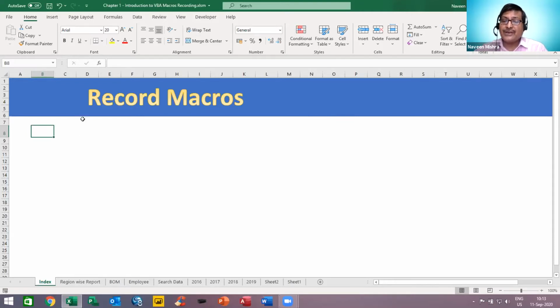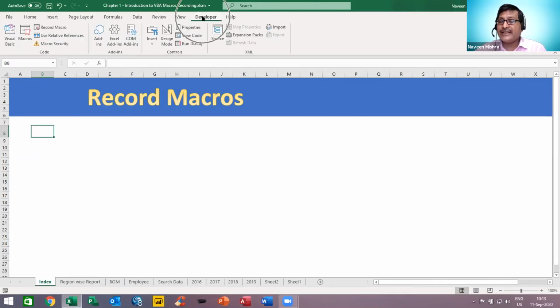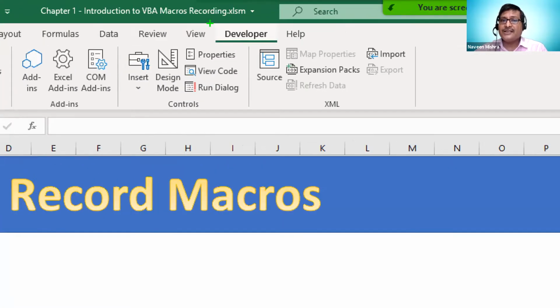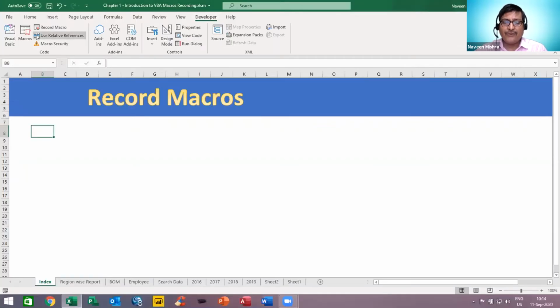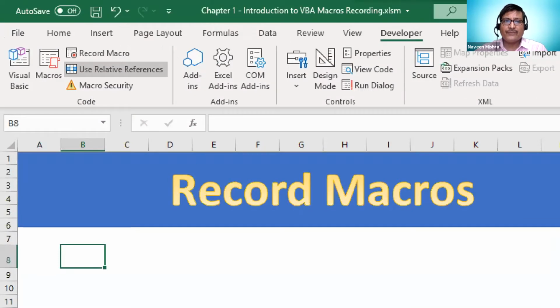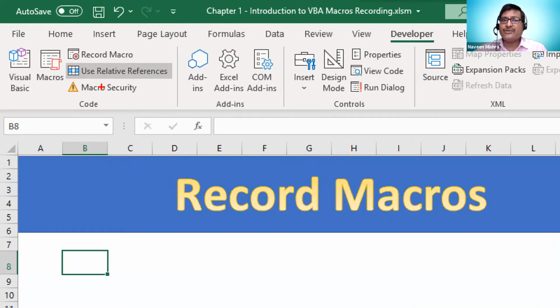Right. So I'm using MS Excel. In MS Excel, you can see this is my Developer tab. In the Developer tab, we can simply click on Developer, and here we have options called Visual Basic, Macros, and Record Macro.